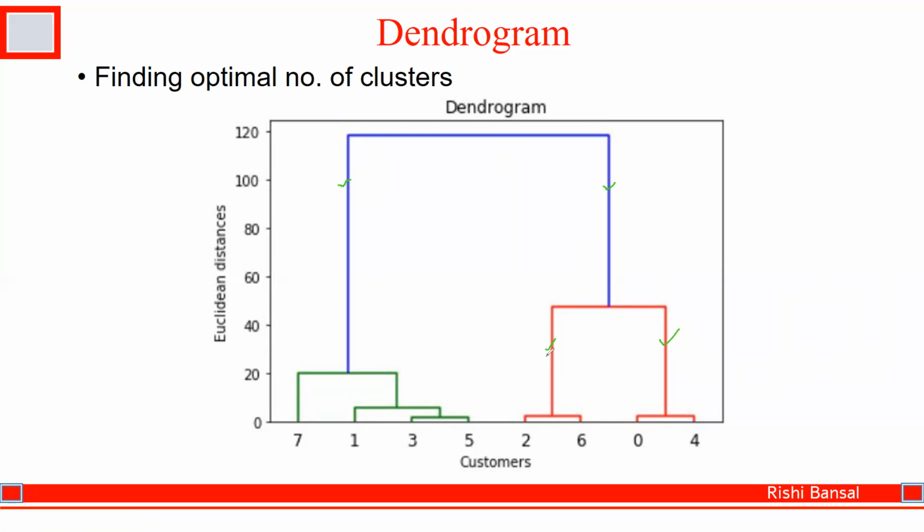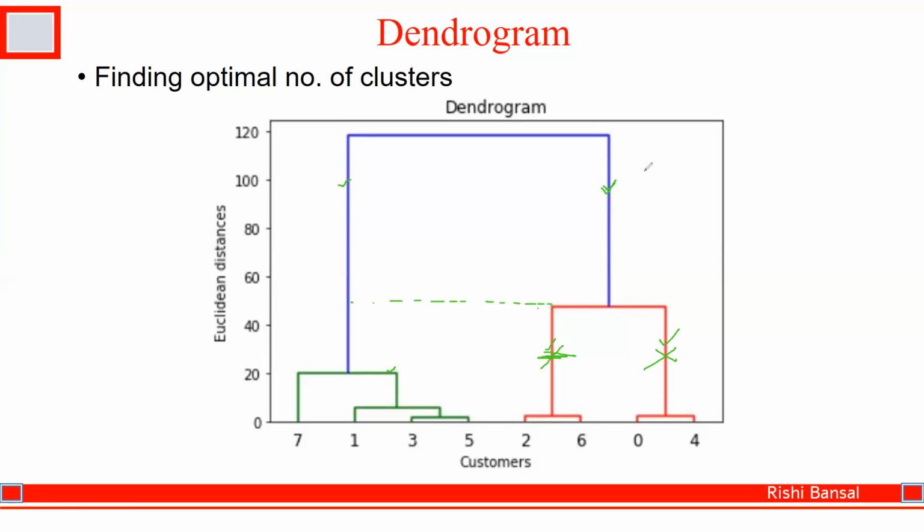So if you see this line, this is crossing this horizontal line, so we will not consider these lines. Now only 2 options are remaining. One is this and another one is this. Now if you see this line, this is crossing this line. So you need to select this line, or sometimes what happens, you come to this point.